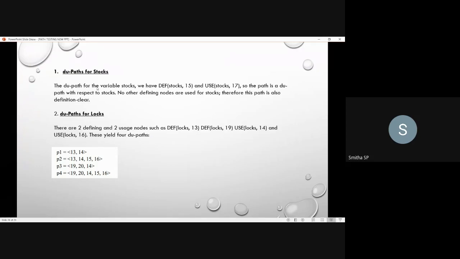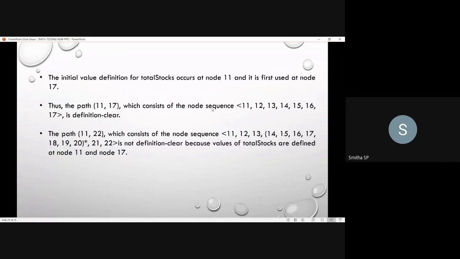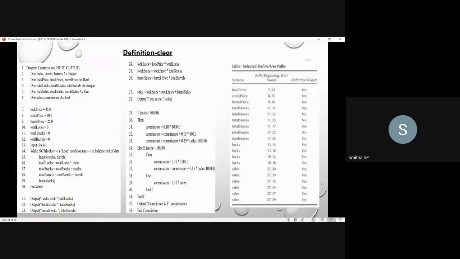So DU path for stocks. Now you have to write the define usage path for stocks. Here the stocks has been defined at the 15th node and it is being used at the 17th node. Just go through the program. So at the 15th, stocks has been defined, and it is being used in the 17th node. The define usage node for the stocks is 15 comma 17.